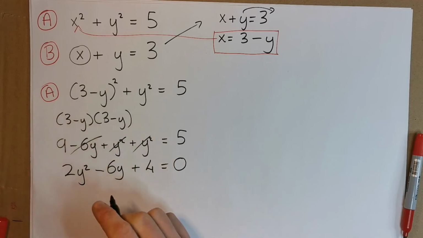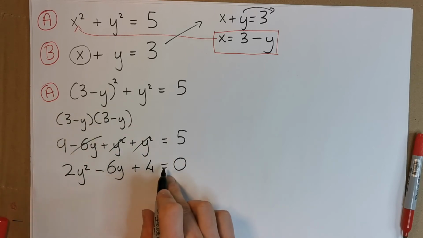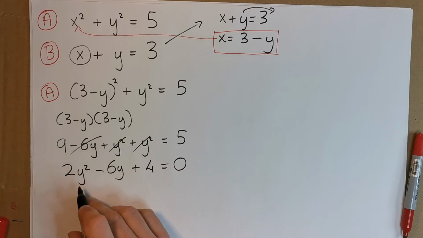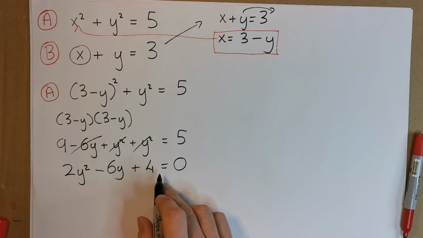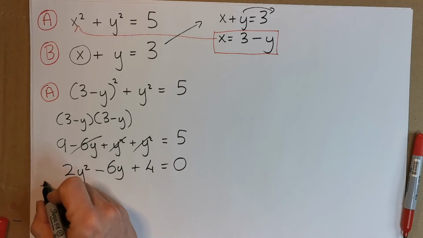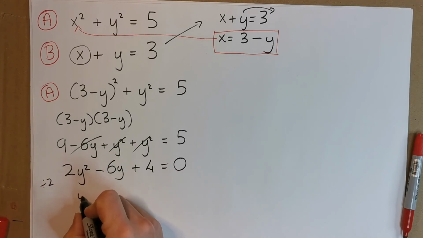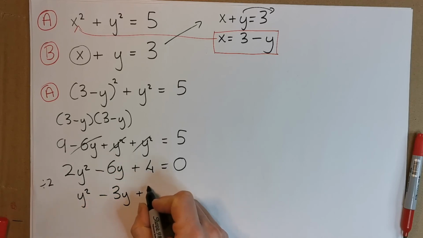One thing I will say to you here, solving these types of quadratic equations, we can actually divide these down to make it a bit simpler looking. So what we can do is divide each term by a common factor here. I know that term may be frightening some people, but it'll make your life easier. We can see these are all divisible by 2. So if I divide this stuff by 2, I will get y squared minus 3y plus 2